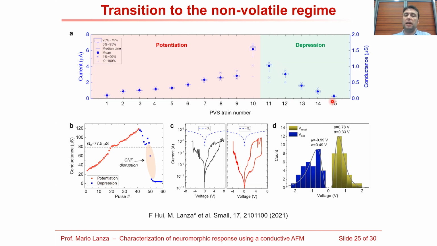But if we apply higher stresses, and especially if we apply them to the copper electrode, not to the platinum electrode, what we observe is that we can increase the conductance above the level of the quantum conductance. This is important because now what we observe is that this resistive switching behavior is non-volatile. We can achieve this set behavior, and now we can only reduce the conductance by applying another stress with the opposite polarity.